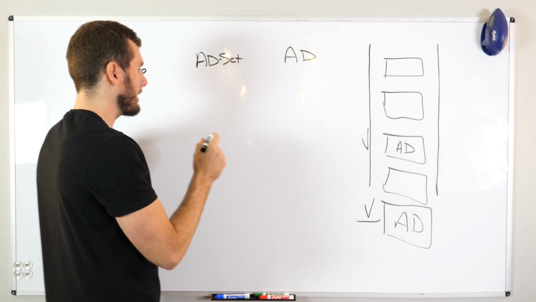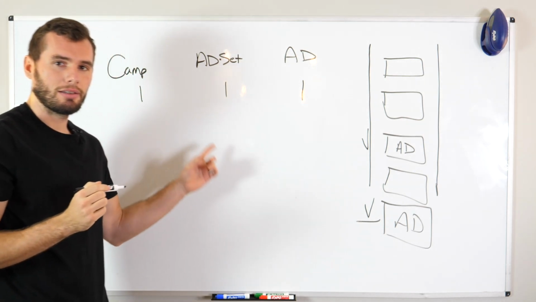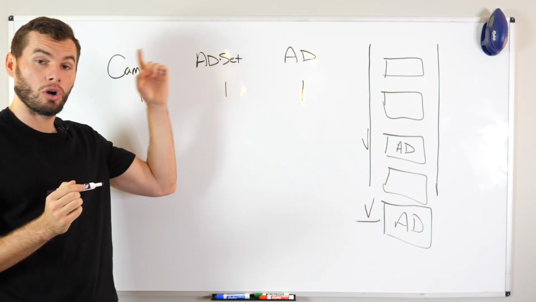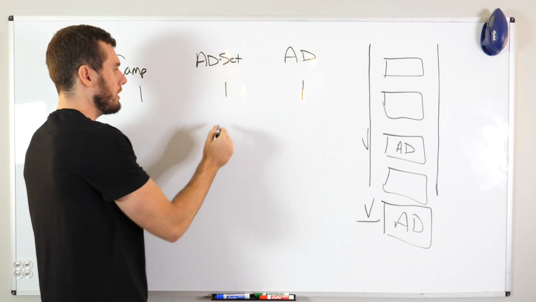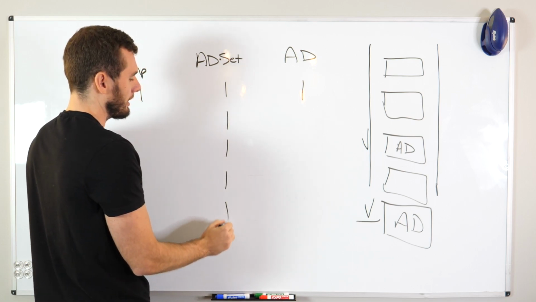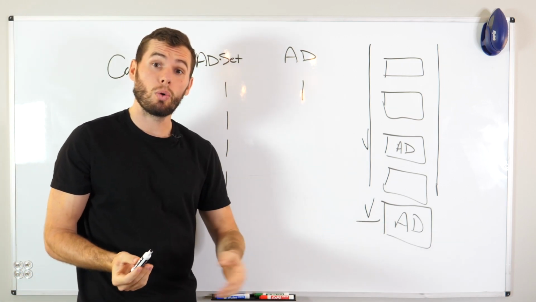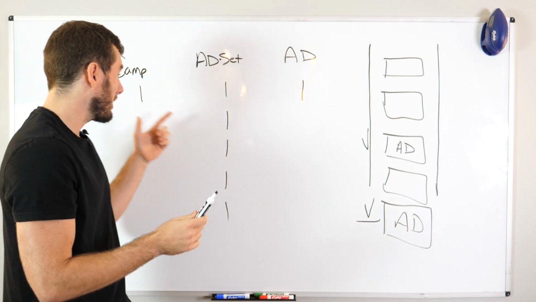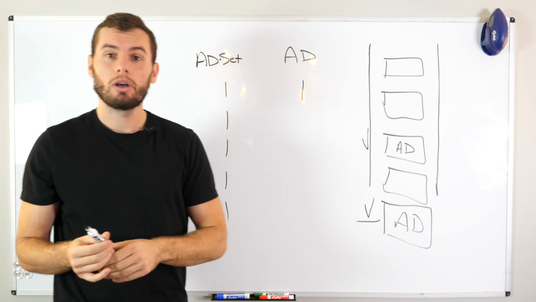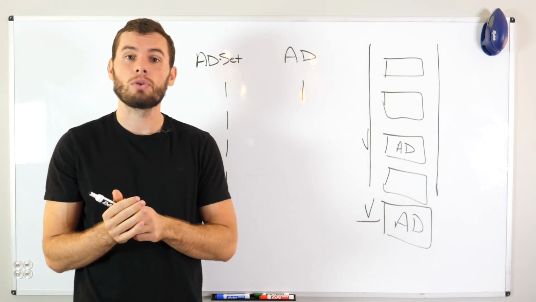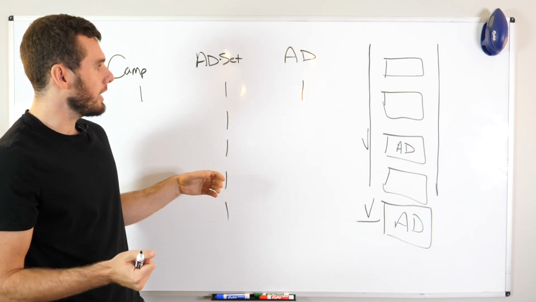If your campaign looks like this, I have one campaign, one ad set, and one advertisement, this is why your ads and lead costs are through the roof right now, because this is not very good. It's not good at all, right? You need to have multiple ad sets to test different bid strategies to find out which one is going to give you the best cost. If you keep it inside of your campaign, you're going to be able to see all of these ad sets, whether it's 3 or 4, typically a good amount to test. If you want to know how many should I test, 3 or 4 are a really good amount to test, all right? And that's it.